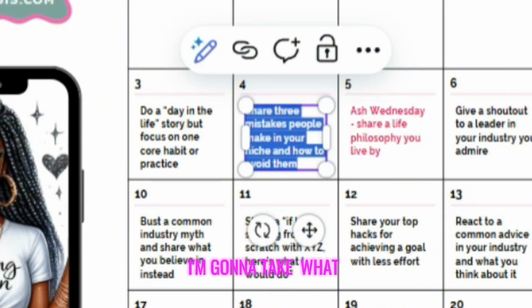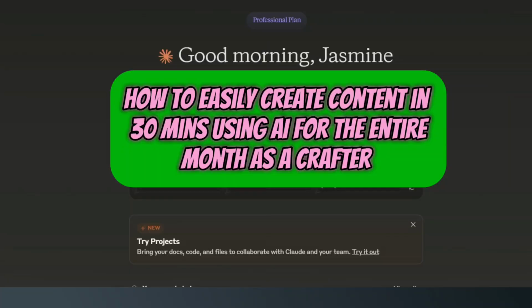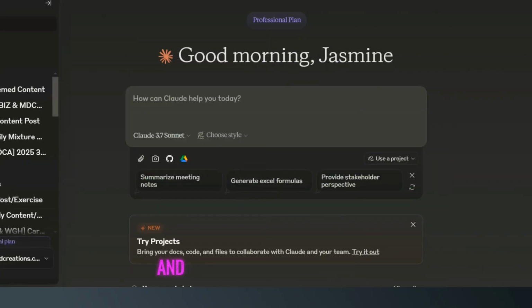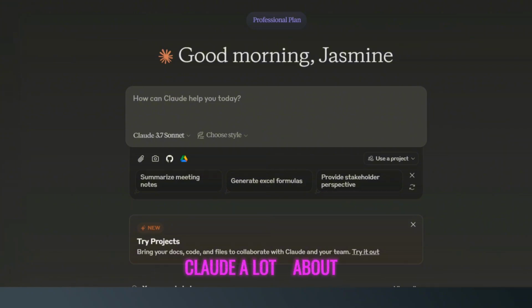Next, I'm going to take what I copied over into my favorite AI software. And you can use whatever AI software that you choose. You can use ChatGPT or Claude. I'm using Claude. And because I've already told Claude a lot about me and my business and who I am,